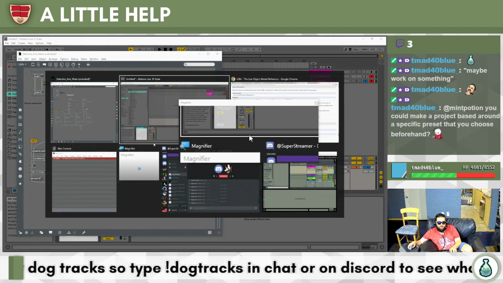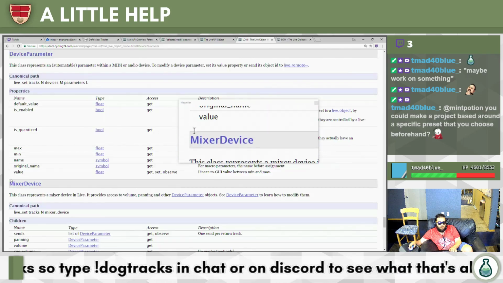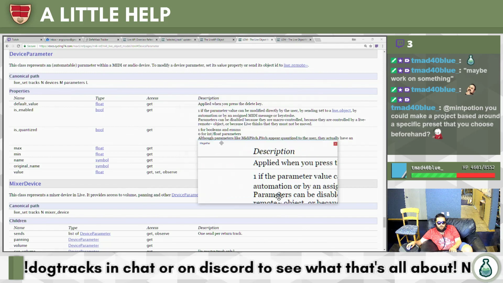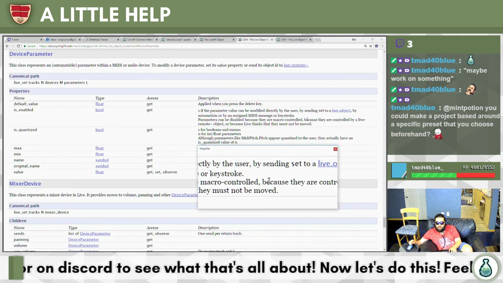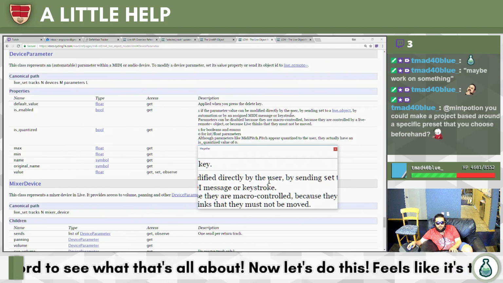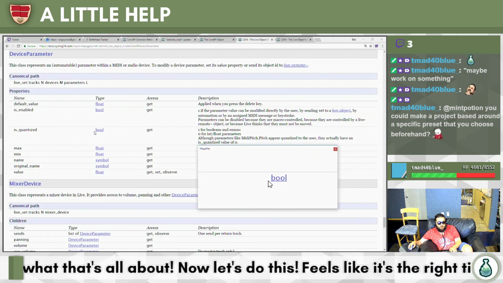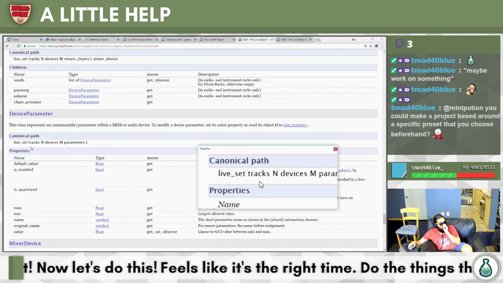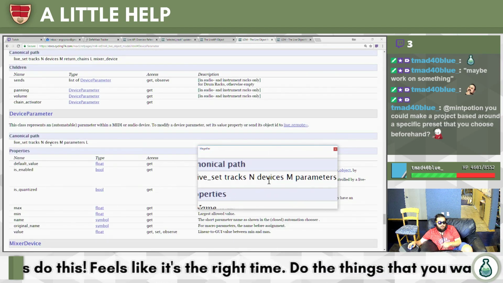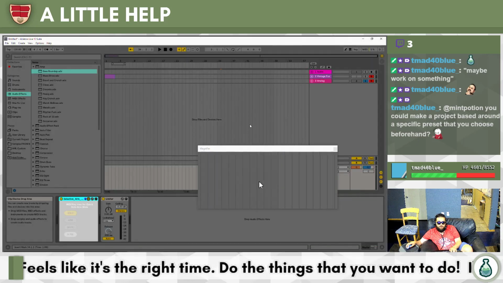Okay. What else can you tell me? Is enabled is the property. If it can be modified directly by the user, sending it to the live object by automation or assigned MIDI message or keystroke. So the only other thing that we have to do is make sure we have the right path, live set tracks and devices.